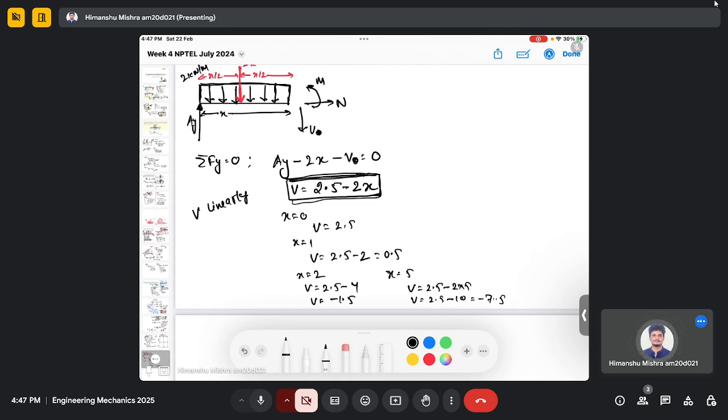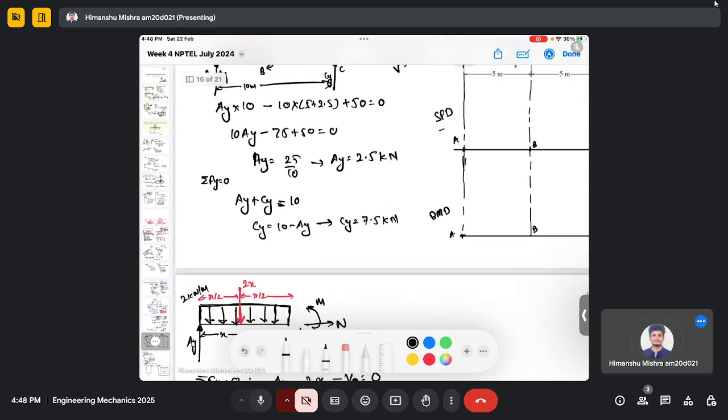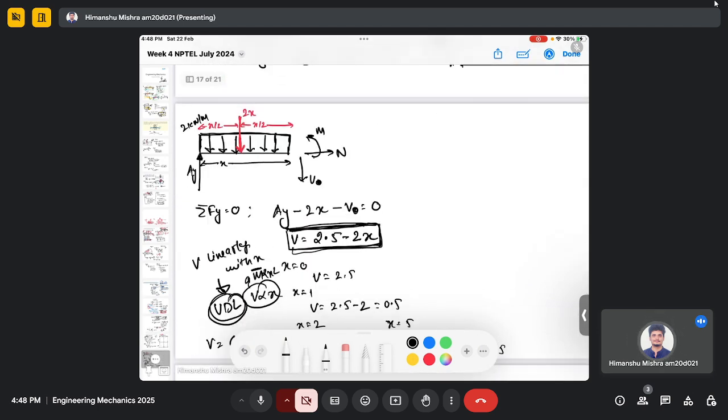Varies linearly with x. So this happens when you have UDL, uniformly distributed load. If you have point load, then shear force is constant. It is not varying, it will be constant, and this we have seen at the beginning of the class. For UDL, it is varying proportional to x. Whereas for point load, m is proportional to x, but here we will see that m will be proportional to x square. So from this expression, we are now able to find the shear force at every location,